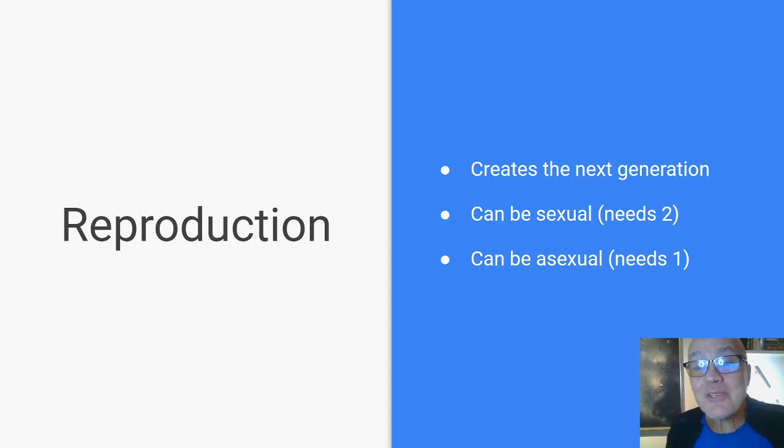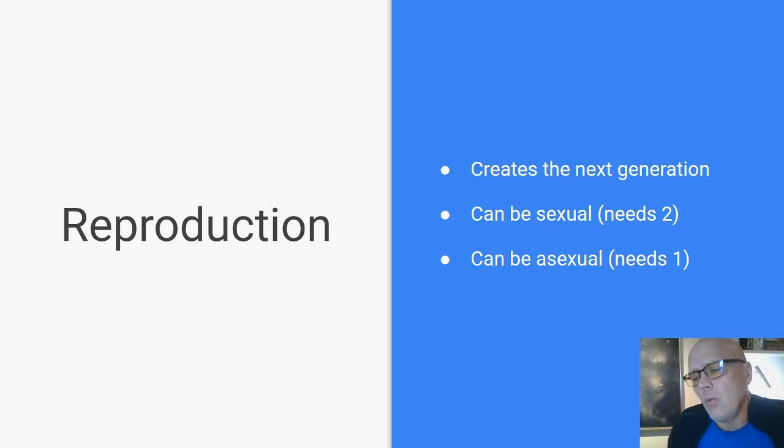Okay. It could also be asexual reproduction, which requires only one person. And if you're thinking something inappropriate right now, stop. Asexual reproduction is one organism splitting into two organisms. So this, in a nutshell, is this.